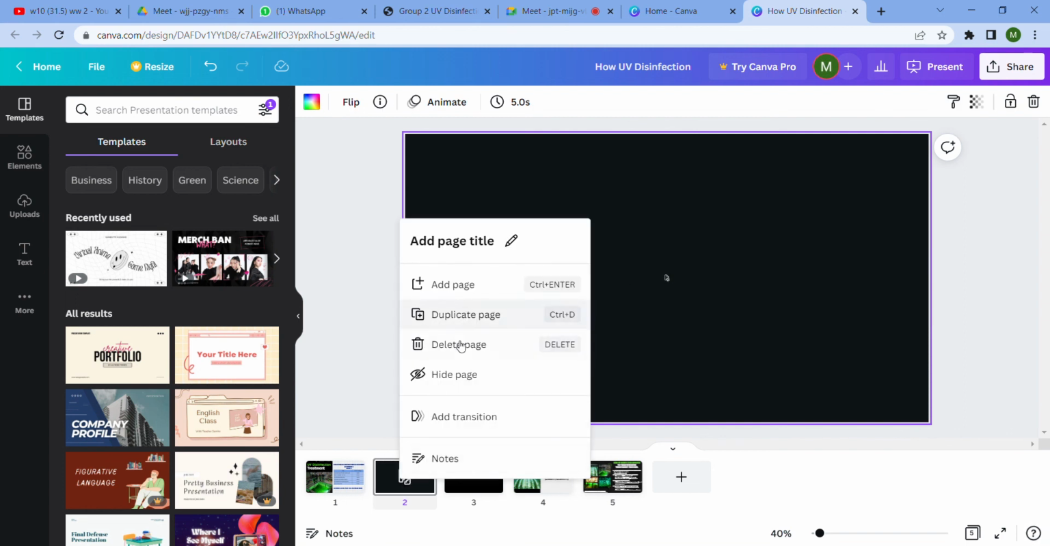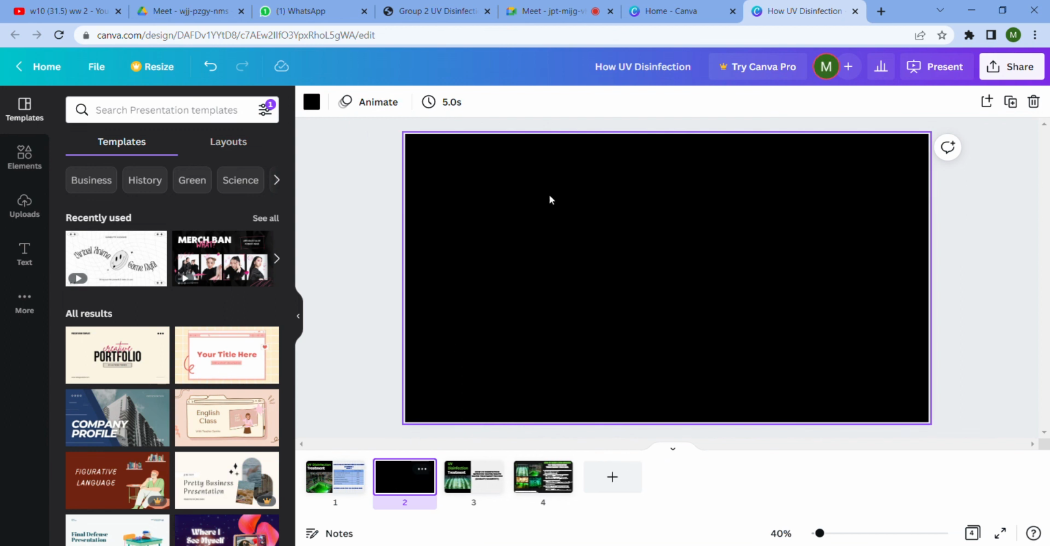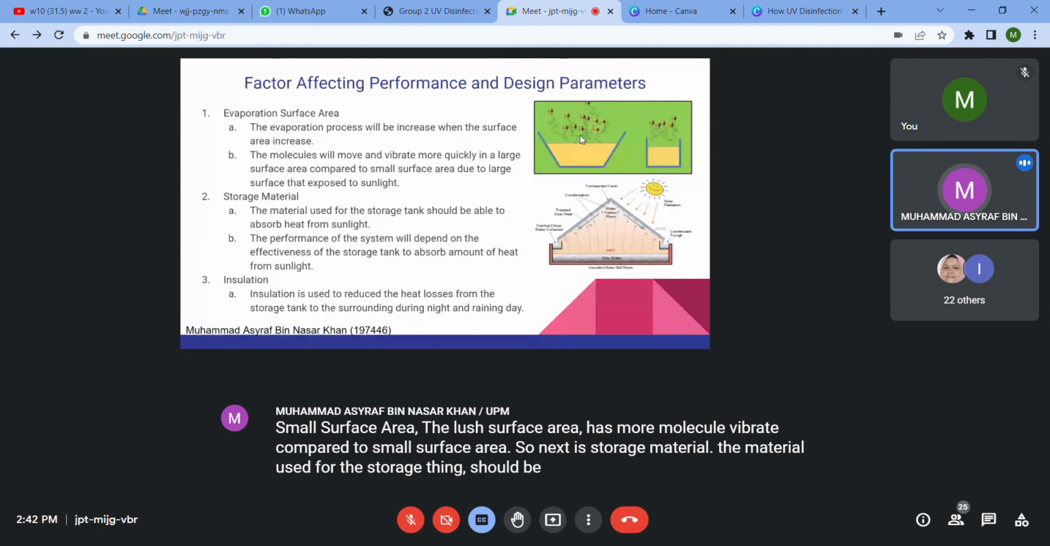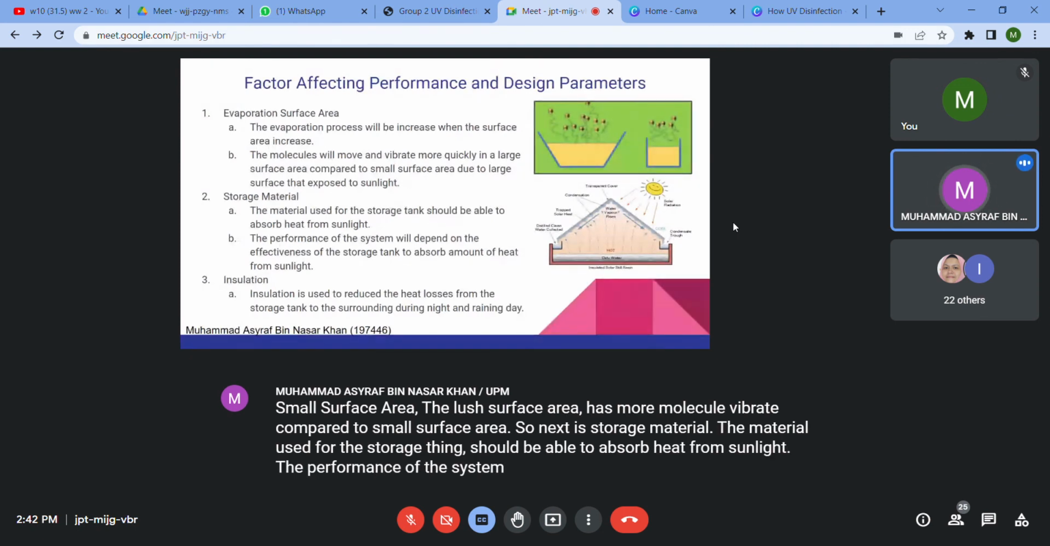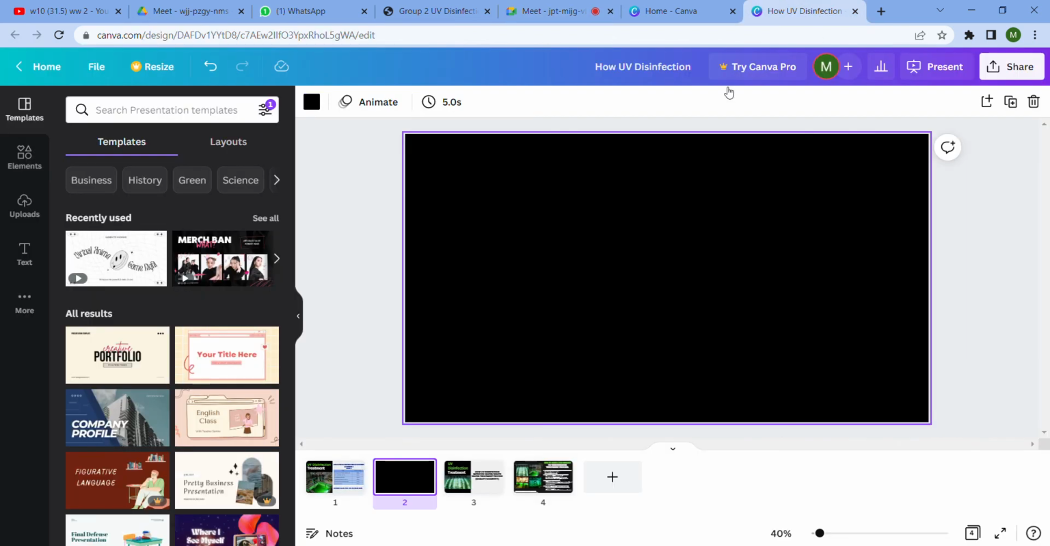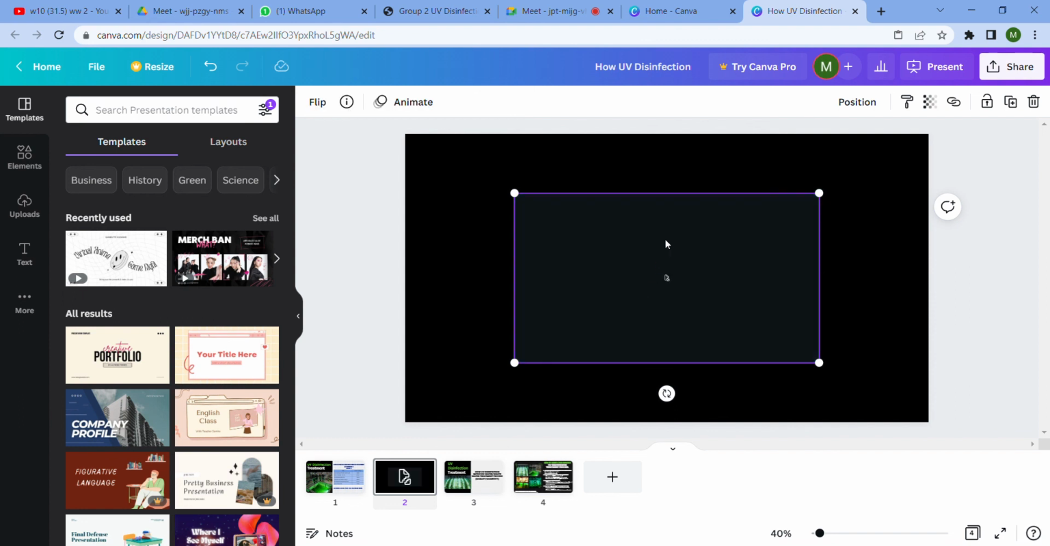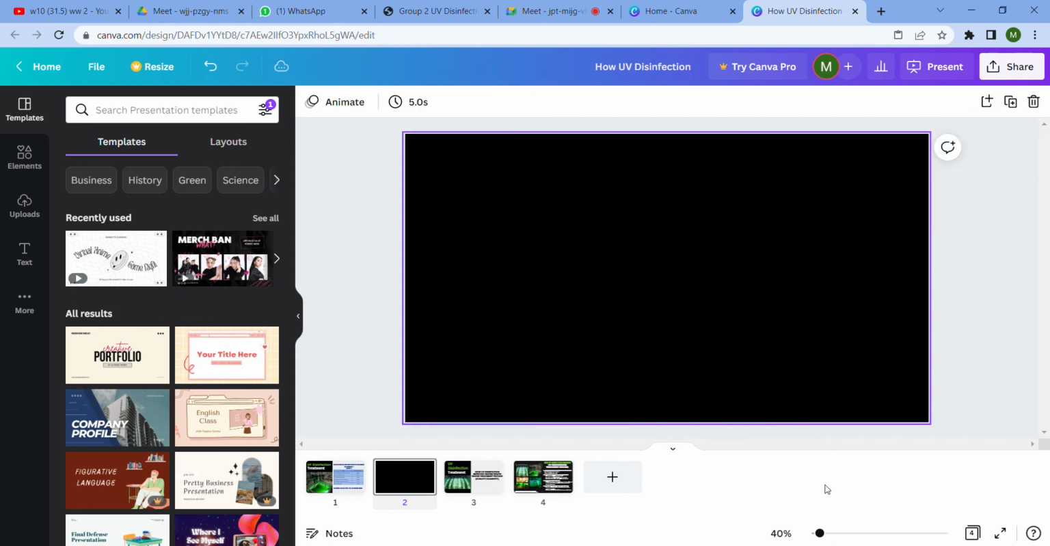So next is storage material. The material used for the storage tank should be able to absorb heat from sunlight. The performance of the system will depend on the effectiveness of the storage tank to absorb the amount of heat from sunlight. If the material that we use for the storage has a high effectiveness to